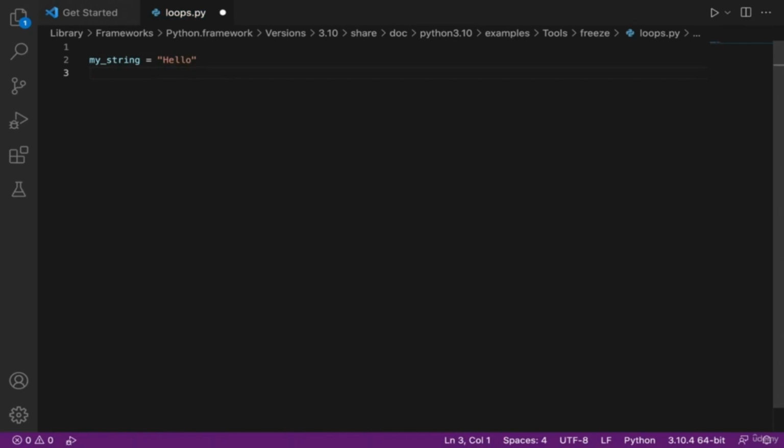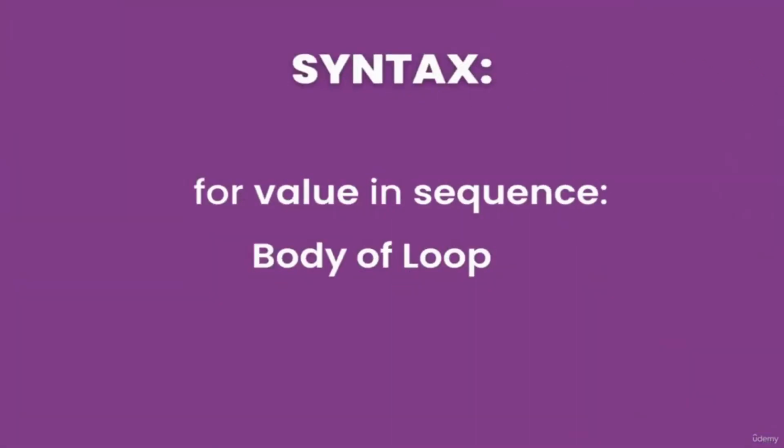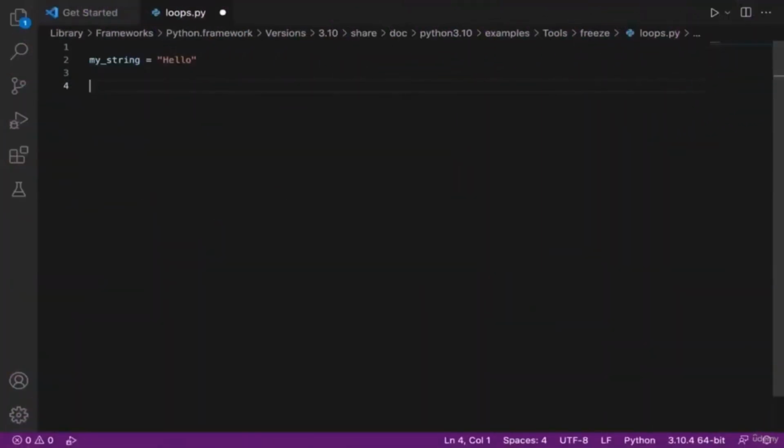Now, to loop through my_string, we're going to use the for loop syntax from the previous video. In this case, our sequence is what we want to loop through, which is the variable my_string. The value can be any variable to store each character in. Let's say that the variable name of the values is C. And the body of the loop will be print C because we want to print each character of the string that we loop through. So we're going to write for C in my_string